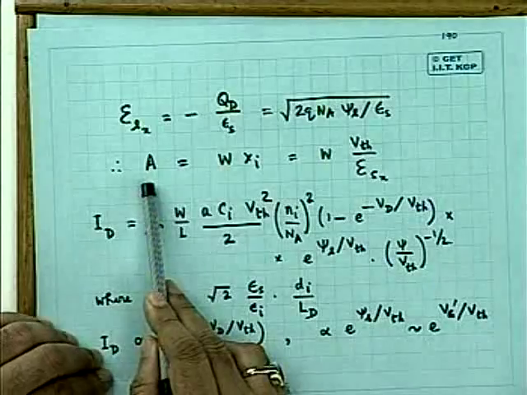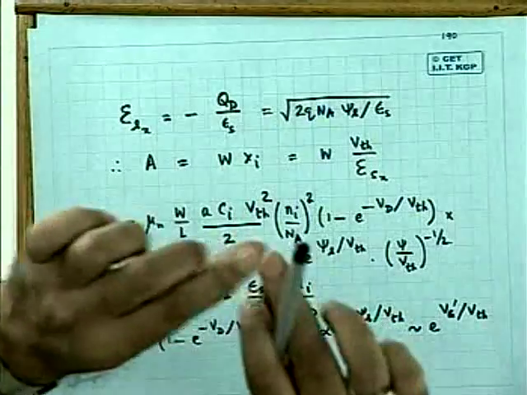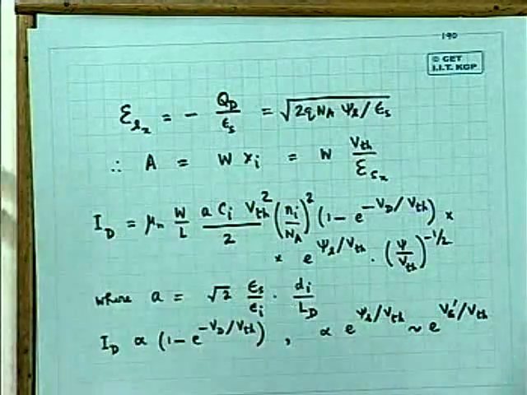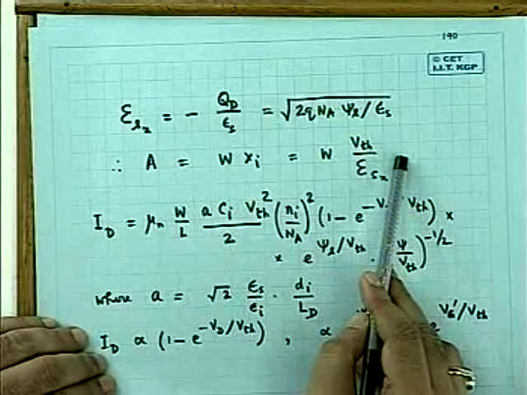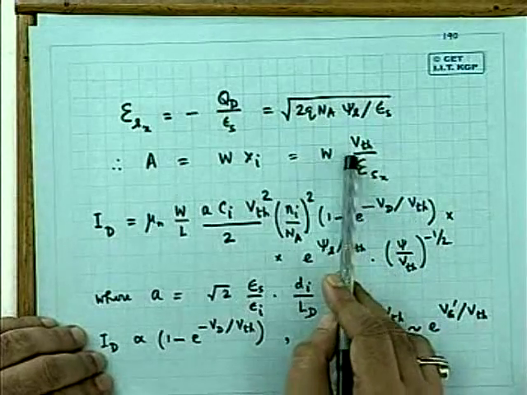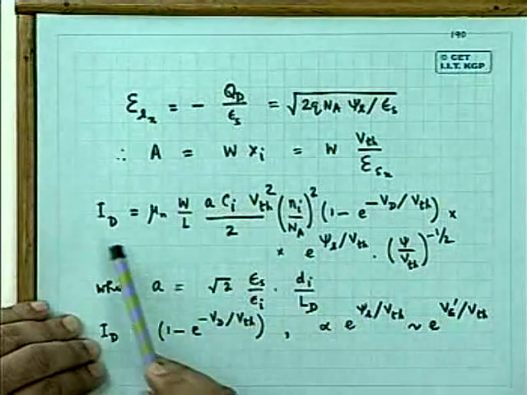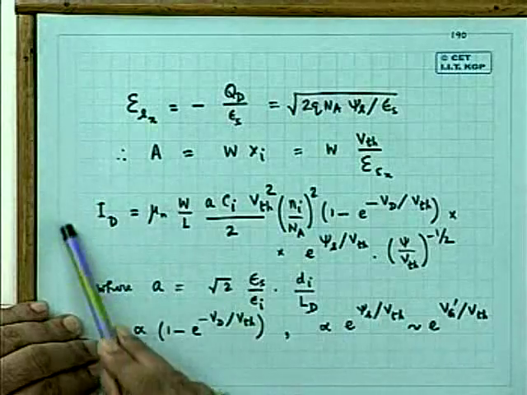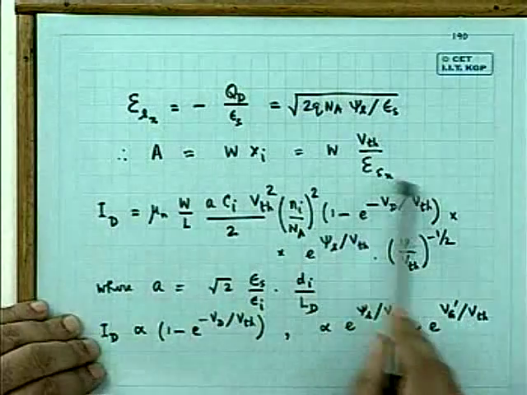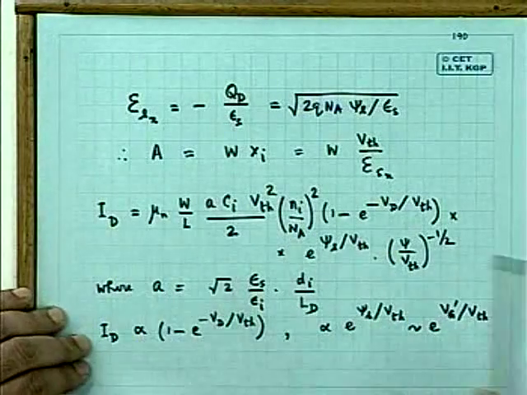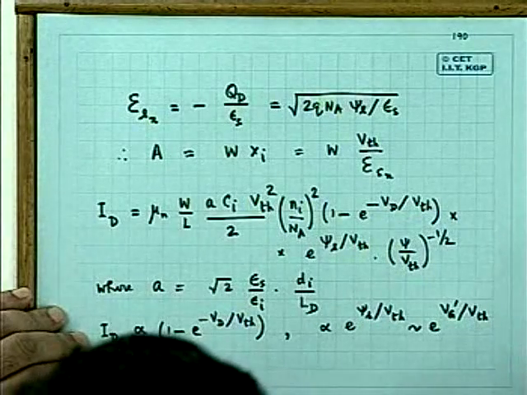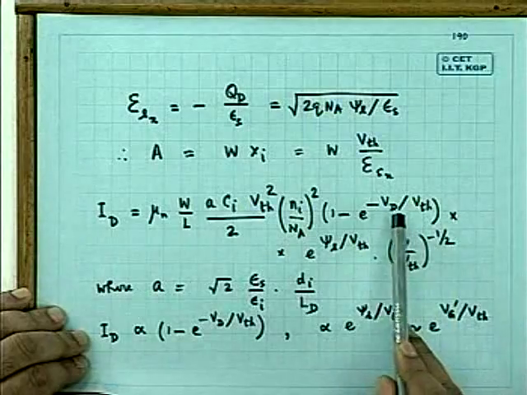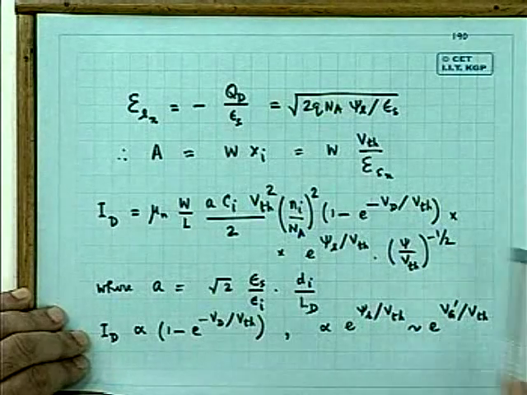The area of the channel is W into Xi. Area of the inversion layer channel is W into Xi, and Xi is given by this, and ultimately substituting them in the current equation, you get an equation like this, which is the current equation in the subthreshold region, in a weak inversion design. We expressed it in terms of the drain bias, the thermal voltage,